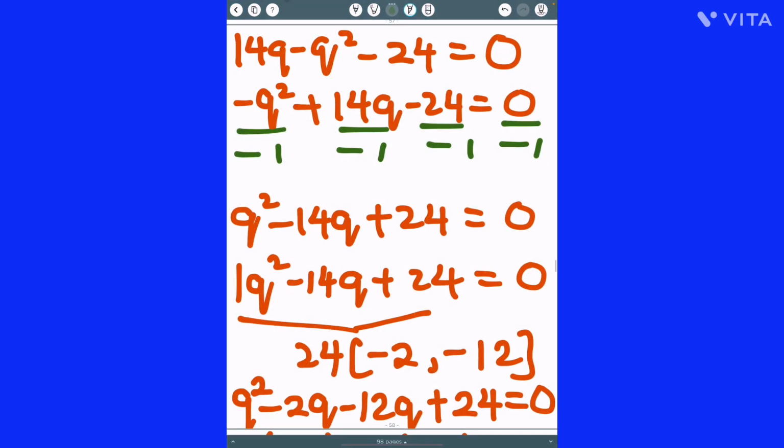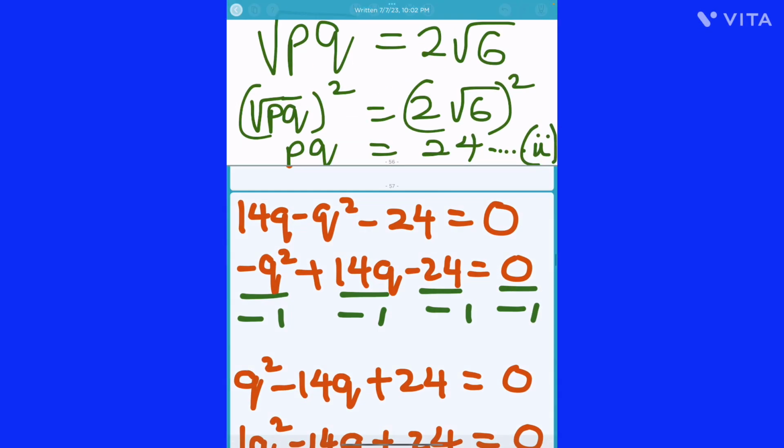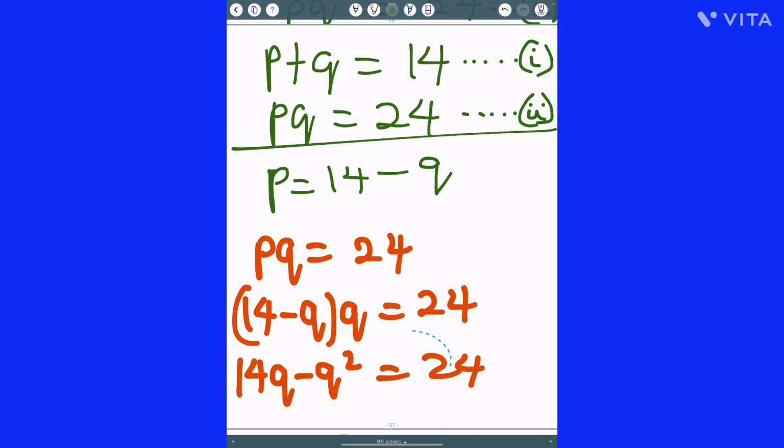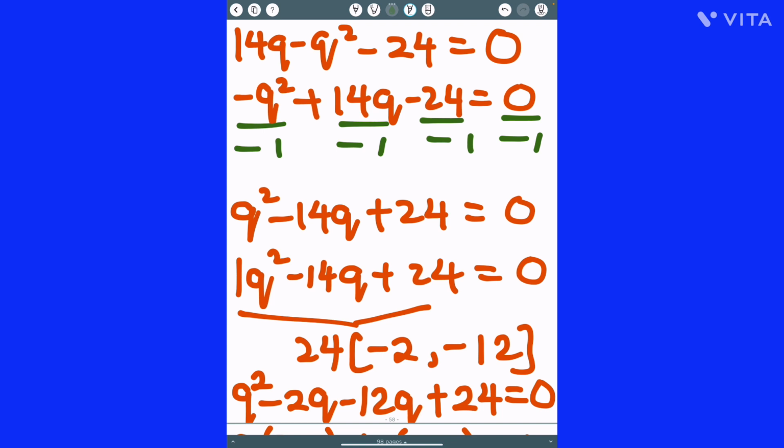I'm supposed to bring 24 to the left side here. This is how I got minus 24. I took this 24 and brought it here, so it became 14q minus q squared minus 24 is equal to 0. On rearranging, I want minus q squared to appear first, plus 14q in the middle, minus 24